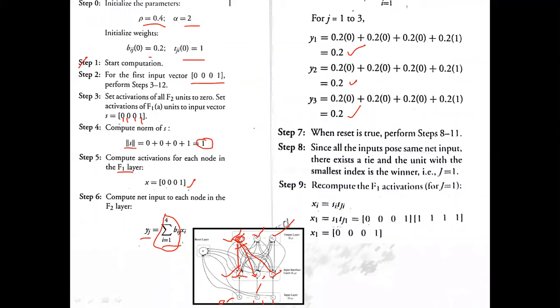Now we have to find the winner out of the output clusters available with us. Each of the output clusters resulted in a value equal to 0.2. All are equal. So by convention, we can declare only one winner at a time, and j equal to 1, being the smallest index, is considered when more than one neuron has equal output. So the one with the minimal index will be chosen as your winner cluster. So the first cluster is going to be declared the winner. It is the winner cluster.